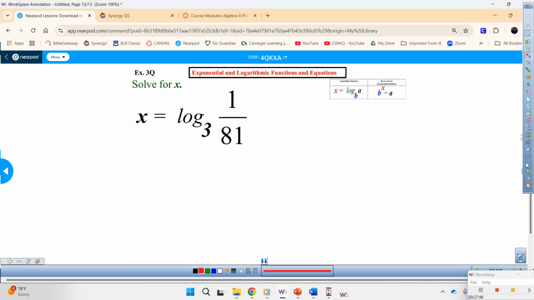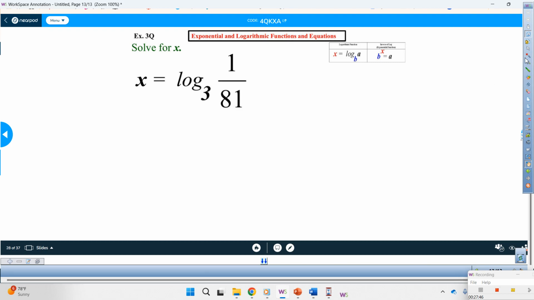All right, here we go. Tell me what to write right after this. Caitlin, go. Three to the x equals 1 over 81. All right. Continue. Mario's not here. Enrique, go. 3 to the x equals